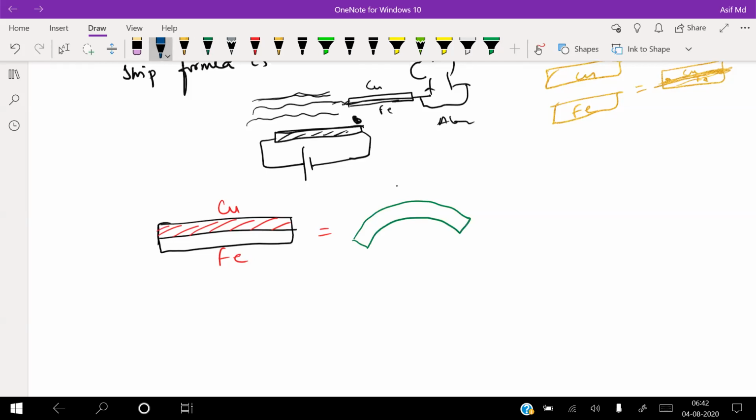Sir, but there's no pressure here. The metals are getting heated up because of the heat. Sir, it will increase in size, no? But why is it getting twisted, sir? We see here it is bending. When it is bending, one side will have more distance and the other will have less distance.